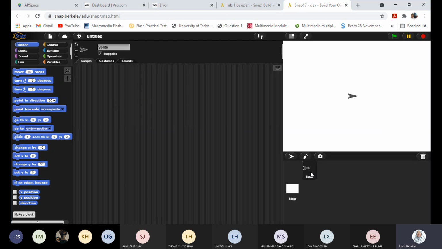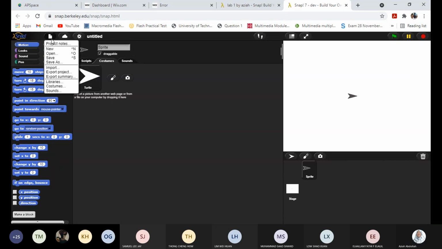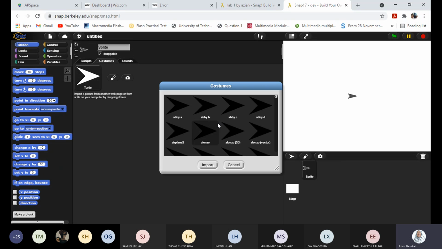First of all, we change our sprite. So go to costume, go to the file, go to the costume here, and I would like to use Alonso 3D. If you want to use other than Alonso sprite, you may use, but